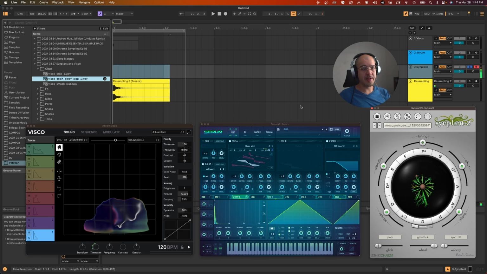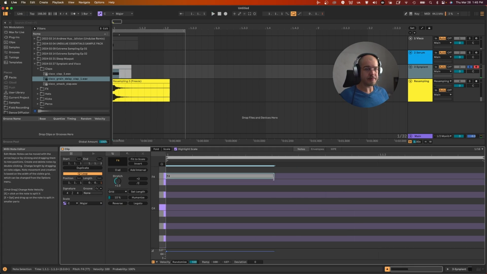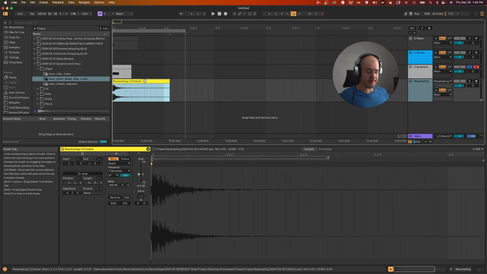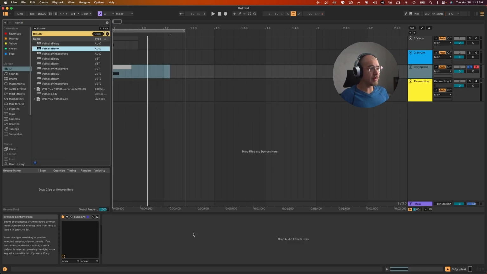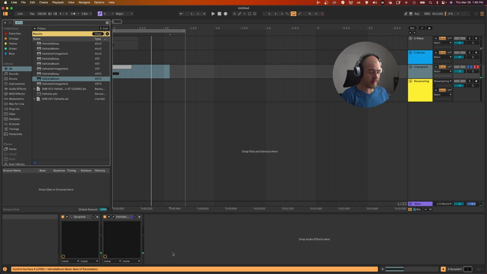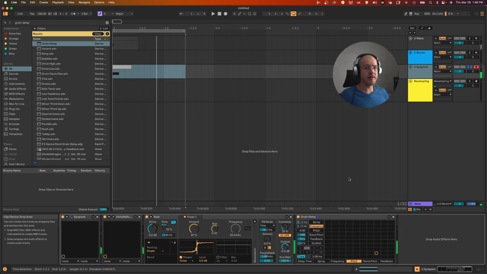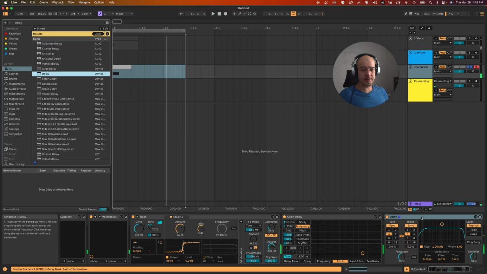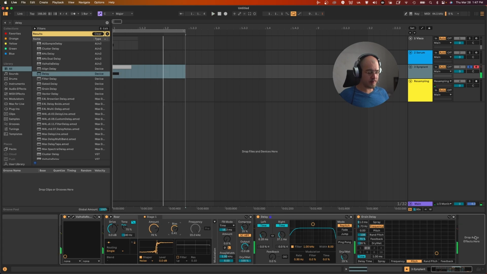So I kind of like that one. I'm going to take that one and I'm going to put a note on the piano roll. I think it was that one. Yep. And then we can put some effects on that. Let's try Valhalla Room. Try some roar. Do some grain delay as well. What if we did some delay, some actual, just plain old delay, no feedback, and